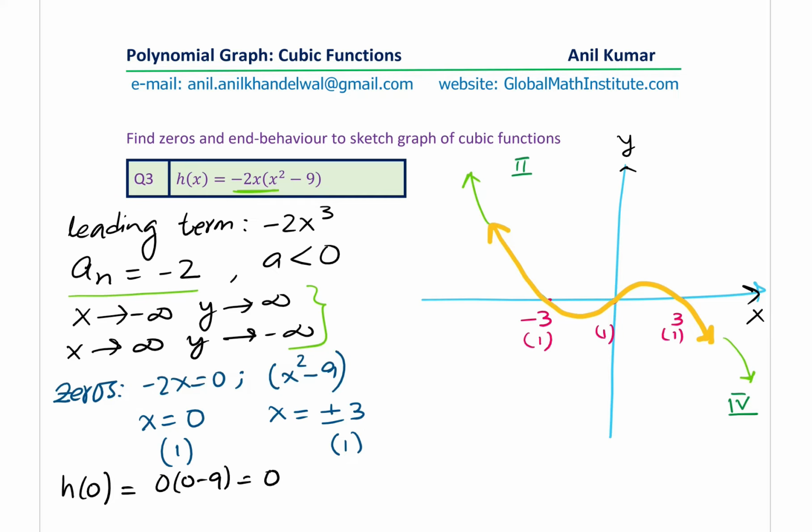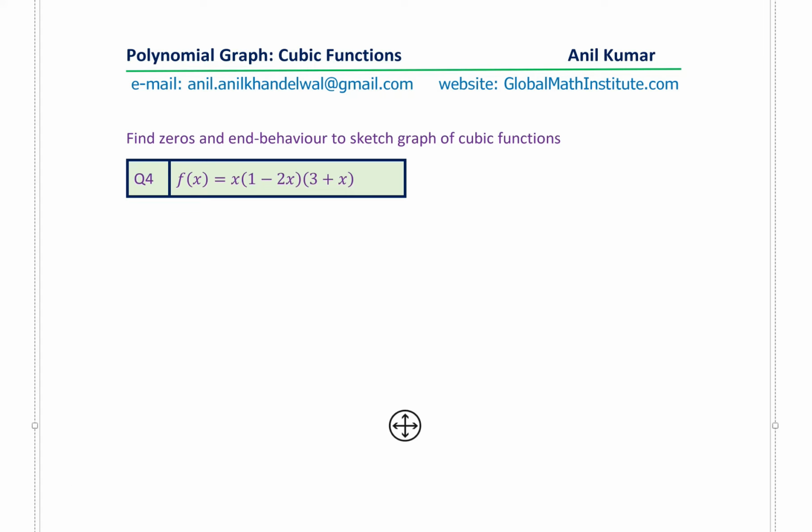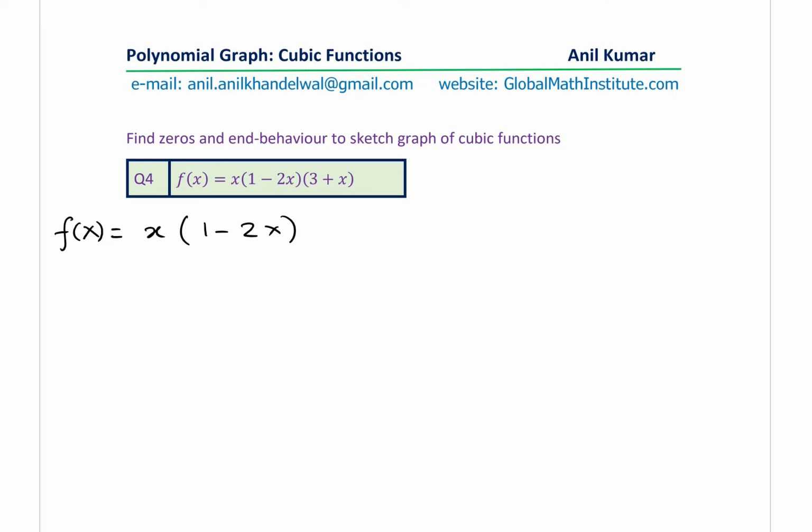Perfect. Let's move on and take the next example. Question number 4. f of x is given to us as x times 1 minus 2x times 3 plus x. Let us rewrite this particular equation. f of x is equal to x times 1 minus 2x times 3 plus x. Now you should always write x terms first and factor out the negative. So what we have here is minus 2x. So what we are going to do here is that we'll factor this